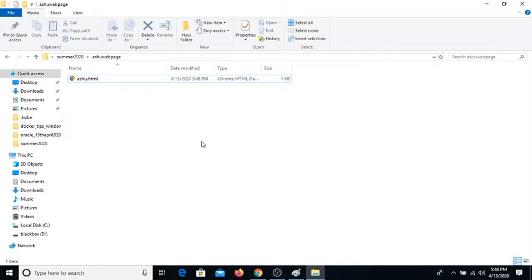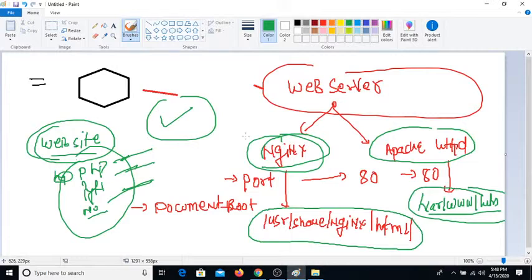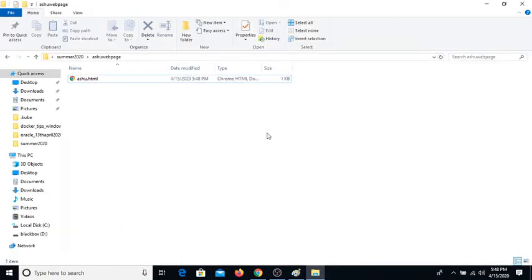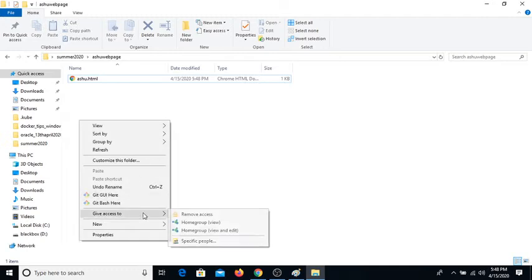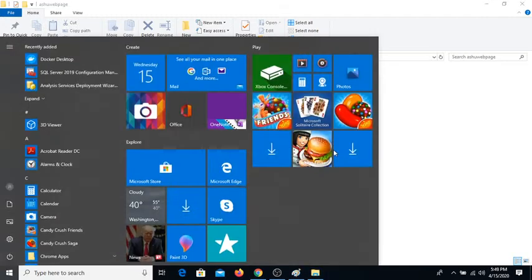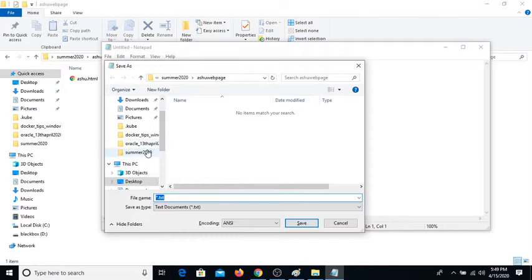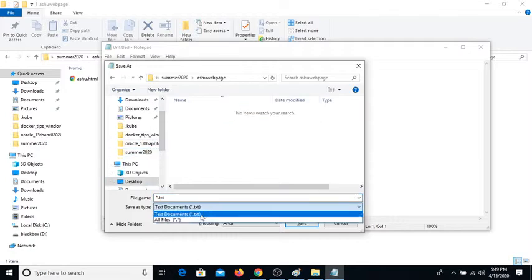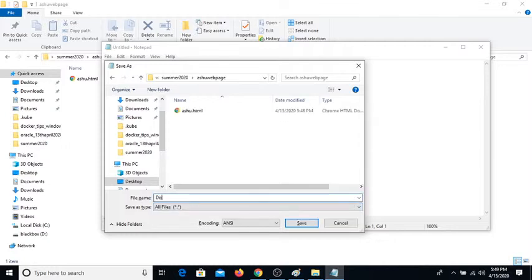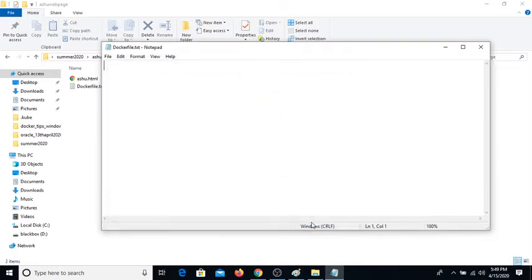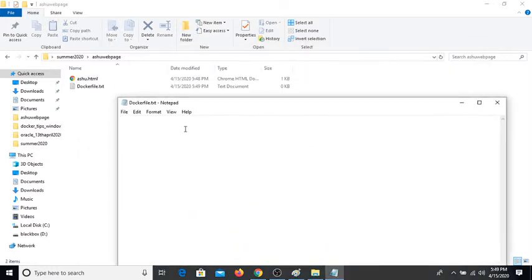So now if I want to host this website in a container, I have to think about a web server. So let me take the example of Nginx again, okay? Now I'm gonna create a Dockerfile. So again, in Notepad, I'm gonna give a name called Dockerfile, only Dockerfile, save, fine. And in this one, I'm gonna write FROM nginx. I can write it in small letters as well, nginx, MAINTAINER Ashutosh,